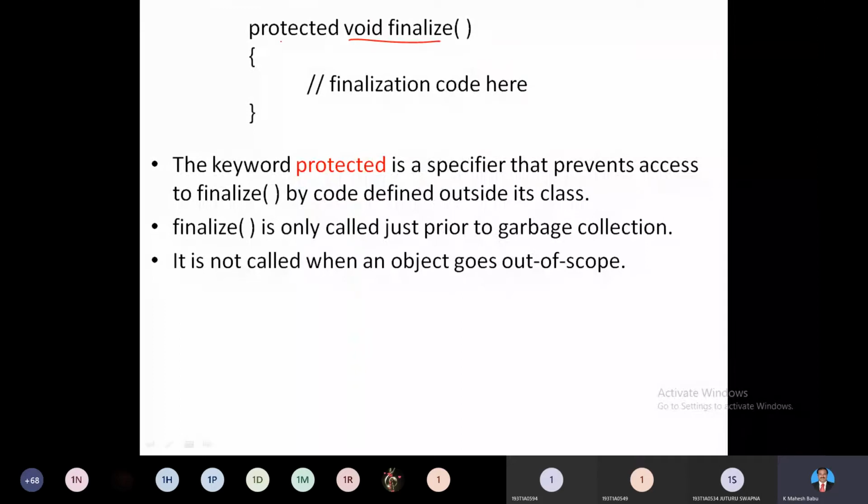You write finalize followed by protected. We never see whether it is executing or not. Why? Because whatever you did, it will be done inside, silently. It never gives you any sort of information. It is just called prior to garbage collection, before the garbage collector recollects the unused memory. Okay, I'll add this information.